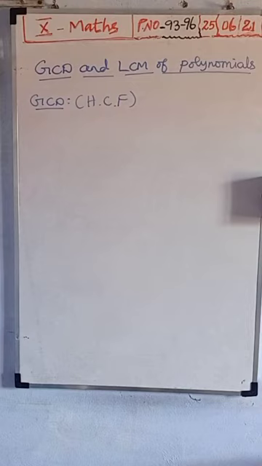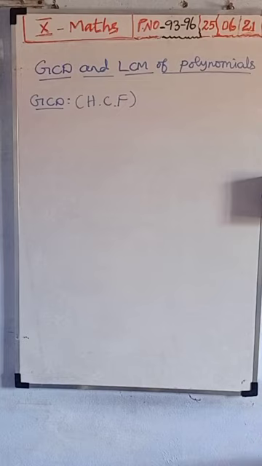Here we are going to learn how to find the GCD of polynomials by the method of long division. Using the long division method we are going to find the HCF. To find the greatest common divisor, some steps we want to follow. Totally 3 steps are there. While solving a sum, I will explain them.